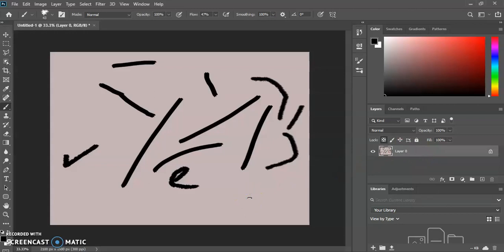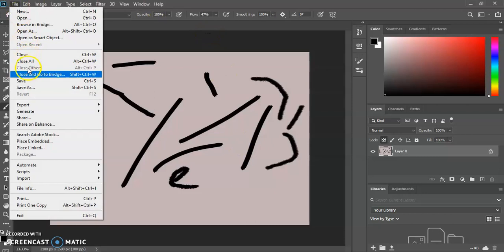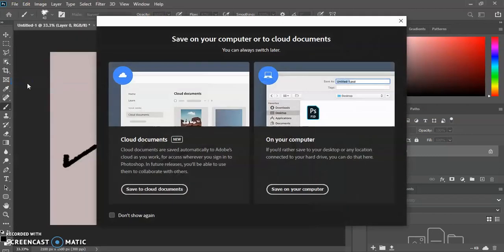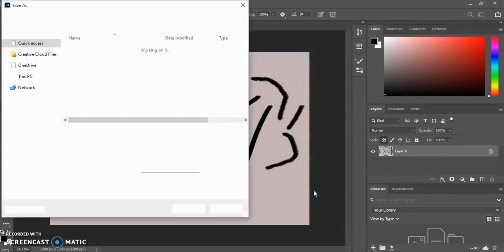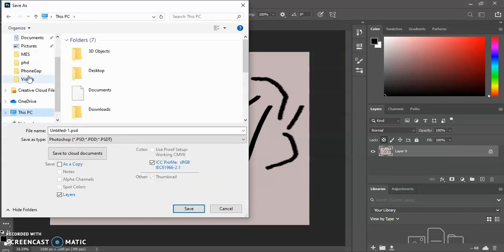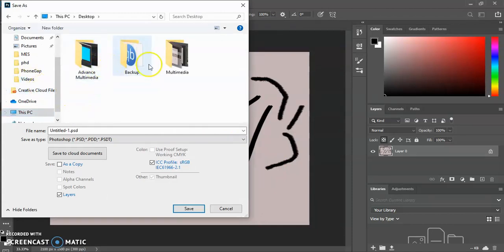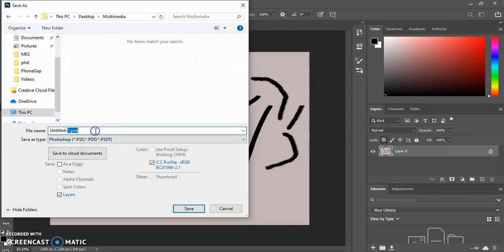on how to use this brush tool. Using the brush tool we create an image. Now we have to save the file. It will ask you to save on the cloud or computer. I am going to save it on my computer. I don't need cloud. So I need desktop. Okay. So now this is our first file. If you look over here, it saved the file in